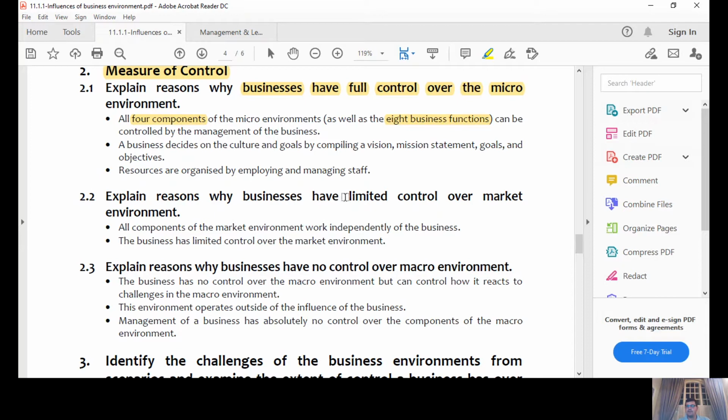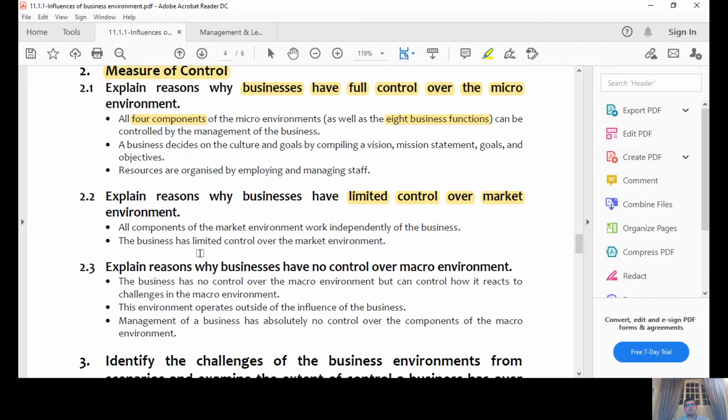why does the business have limited control over the market environment? It is because it's not the business itself, it is outside the business, and we have limited control because we can influence certain role players in the market environment. In our market environment, we have our competitors. If we lower our prices, then the competitor will act. We can't control them directly, but indirectly we can control them. They work independently from